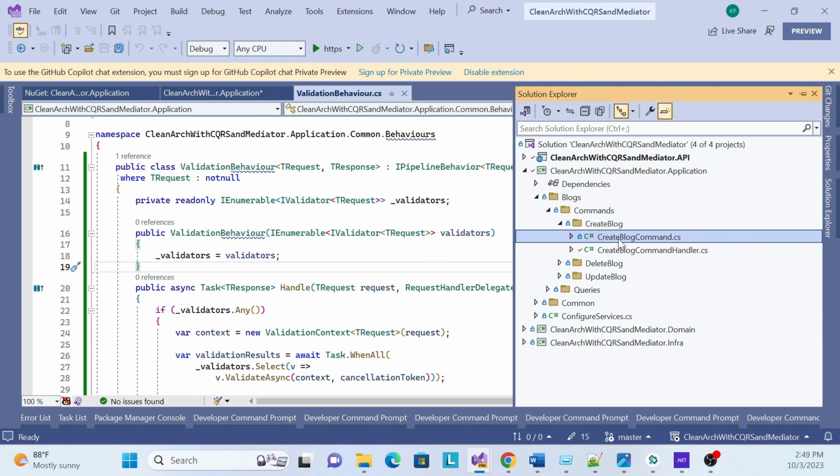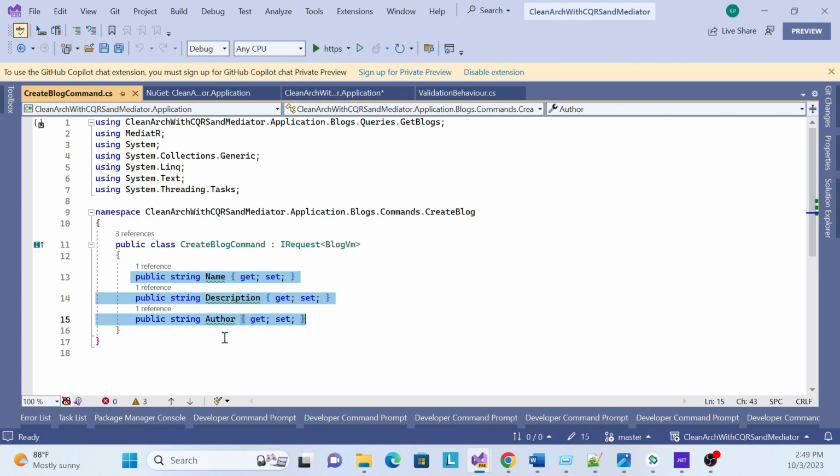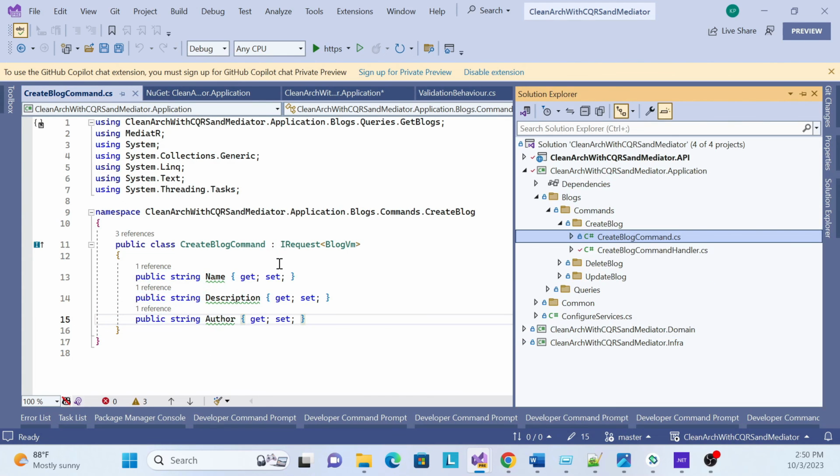So whatever the create command will come, if anything is empty, like we have not passed anything, then how can we handle it? How do we know whether the request is empty or not empty? So what you need to do first is create one